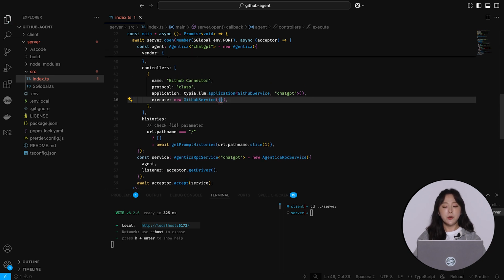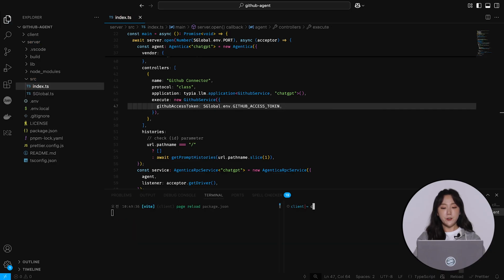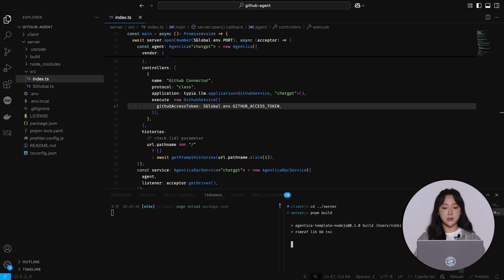All we need to do is pass in our GitHub secret as instructed, and we've already prepared it as an environment variable, so let's plug it in right now. All right, I think that's everything. Ready to give it a try? Let's run the build command and start the server.